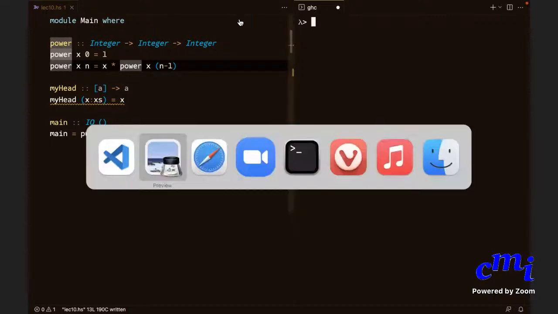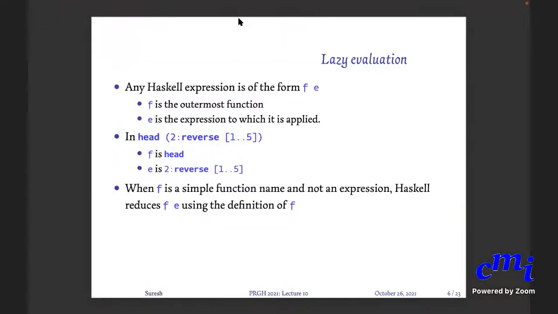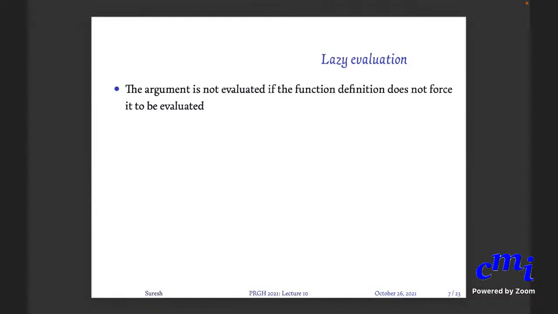Let's move back to the slides because we've been stuck here for a long time. The important point you need to take away from all this discussion is that Haskell uses something called lazy evaluation, or what you may call evaluation by need. You evaluate something only when you need it. The argument is not evaluated if the function definition does not force it to be evaluated.